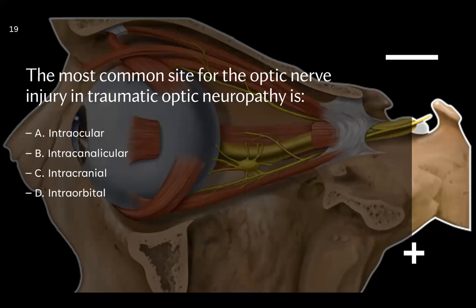The intracanalicular segment, because surrounding this is where the annulus of Zinn is firmly adherent, and any trauma that occurs in or surrounding the orbit, the compression waves get focused right down to this segment of the bone, and then it is transmitted to the nerve that is within the canal.